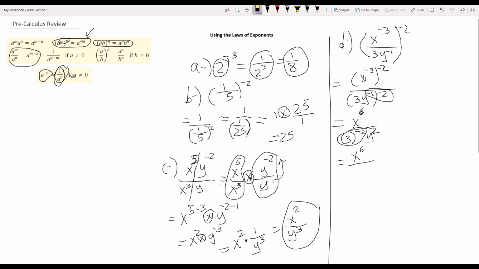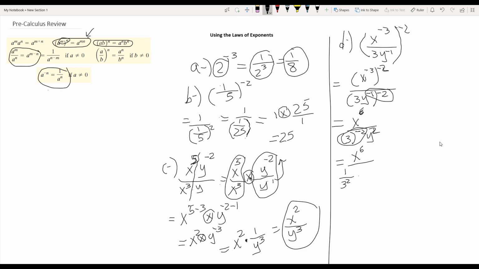Let me erase all of this because I have too much stuff there. Recall from here. Do you see anything we can do? Yes, because you got 3 to the negative 2, a to the negative n, right? Same pattern. So this will simply be 1 over 3 to the second power